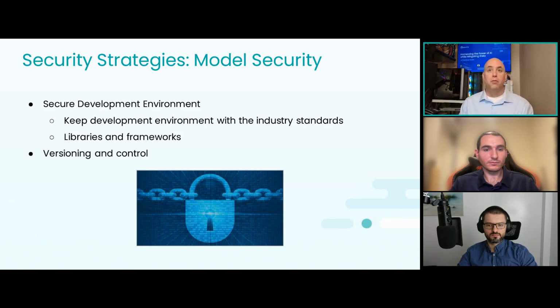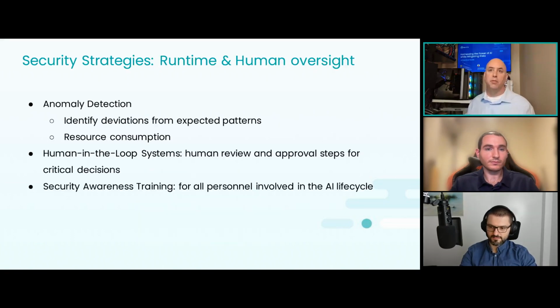Finally, version and control. I mentioned it earlier. Make sure that you're versioning your models so that you can upgrade. And if you have a problem, with versioning and control you can say, oh, something bad happened, or the model became corrupted. Let's revert back to a previous model. That way you have all the stuff you need to make sure that you're working in a safe environment. Yeah, and I think the last few points are more related to the runtime of the model, and